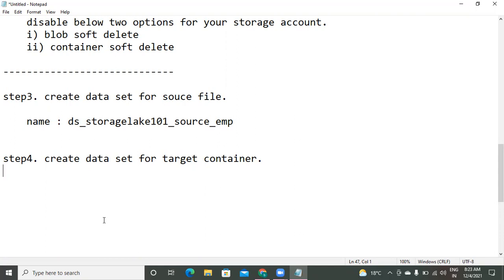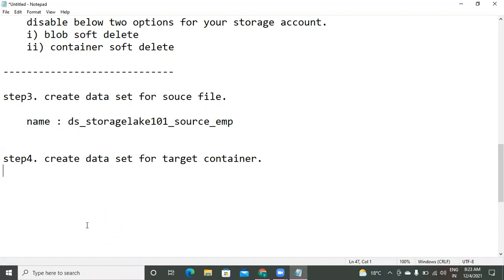I have many reasons. In source, I have only raw data. By taking that raw data, I want to perform some transformations or filters. Finally, the processed data I want to write into my target container. Understood? But in this example, I'm not going to perform any transformations. Just how to create your pipeline, how to copy from source to target.